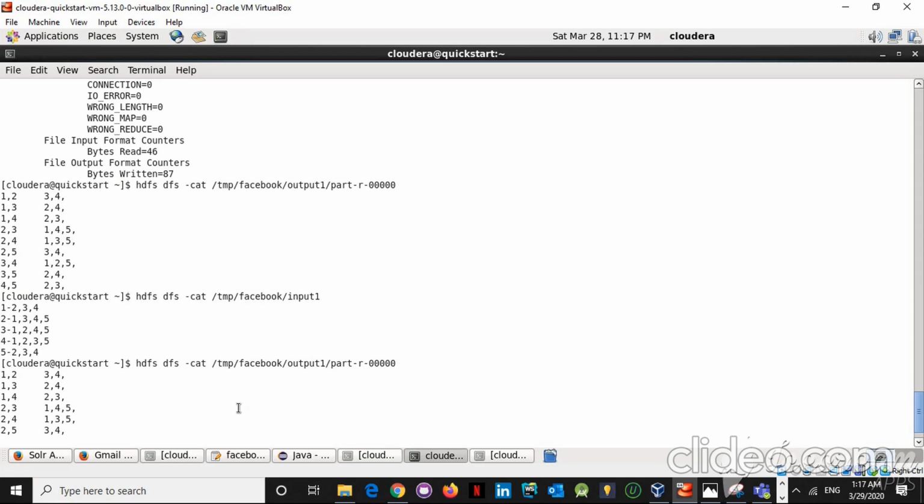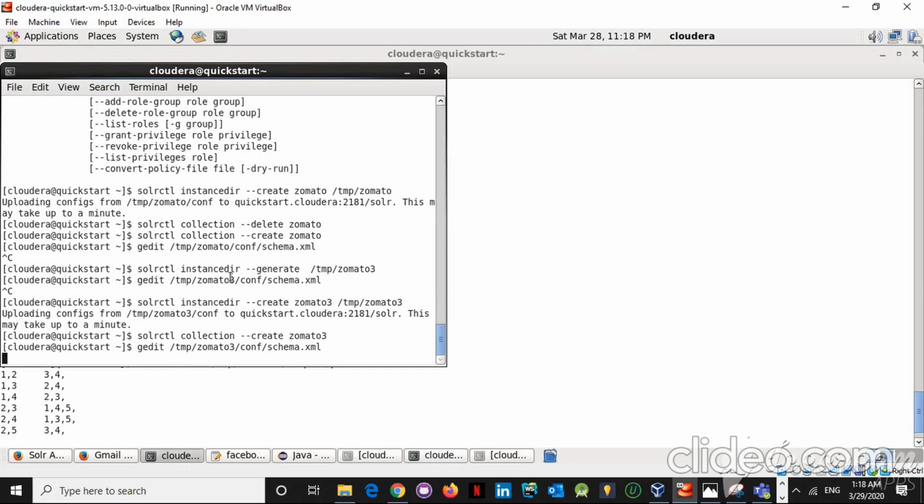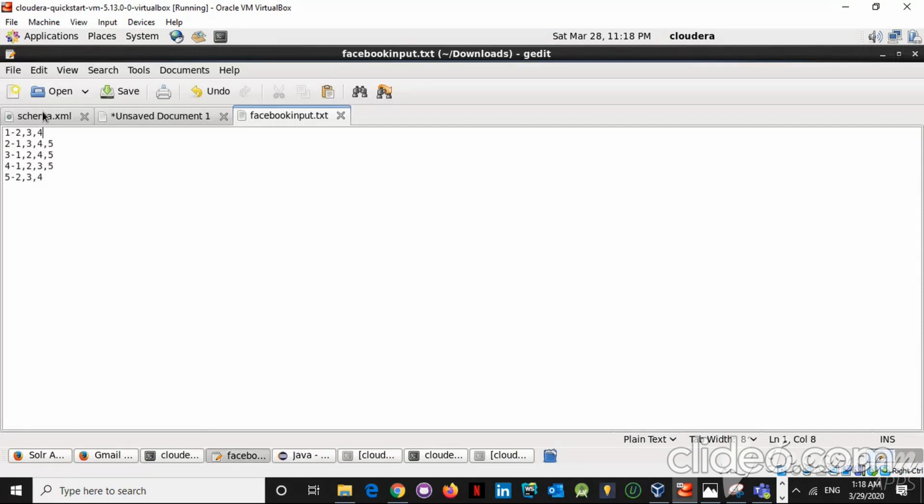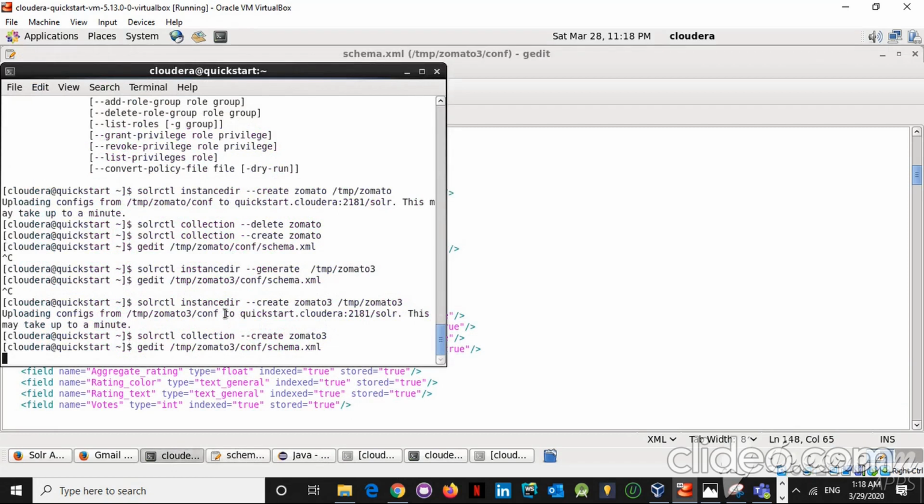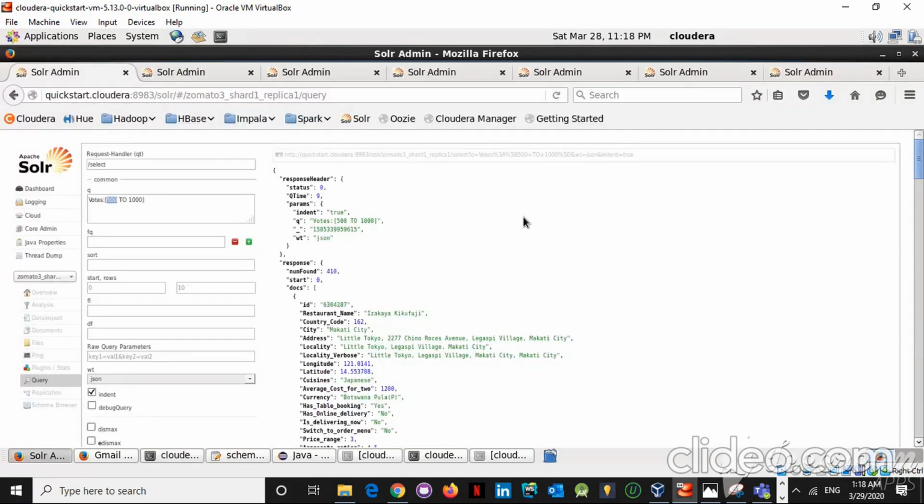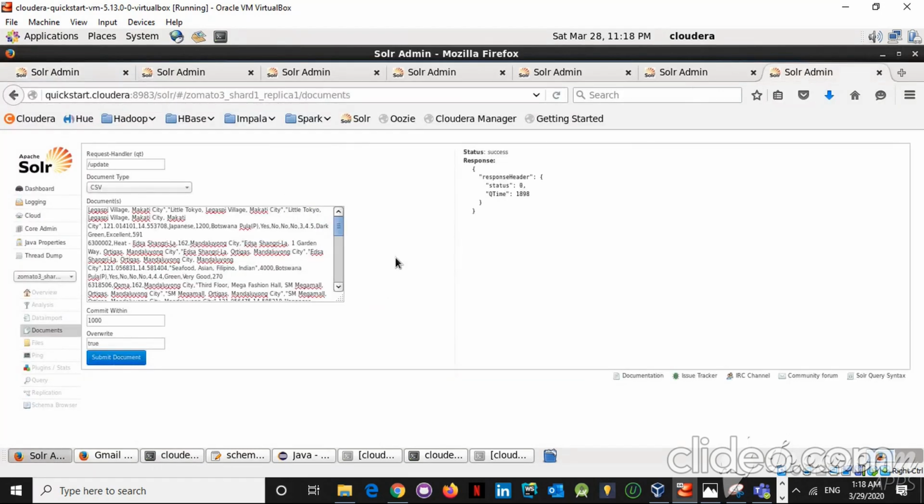Moving on to the next task, running the queries using Solr. First I have run these commands, instance directory generate, and then I have edited the schema file. You can see the edited schema file over here. I have added these input fields, and then I have created the Zomato tree and then the collection. After that, I have imported the data, and the queries that I ran are: